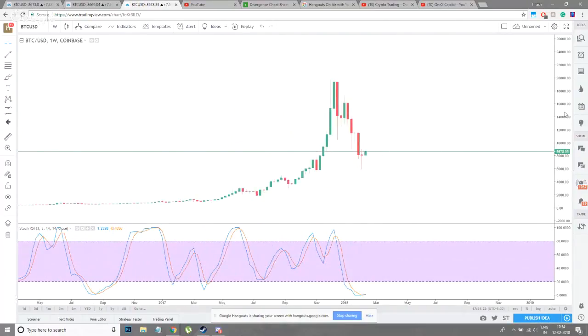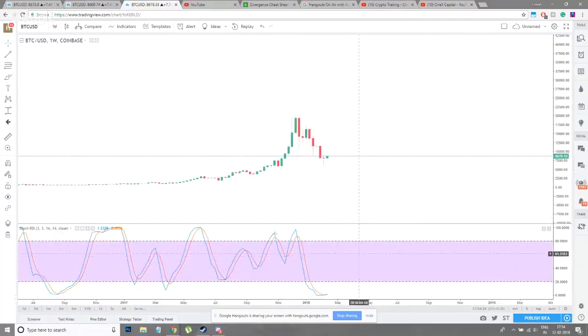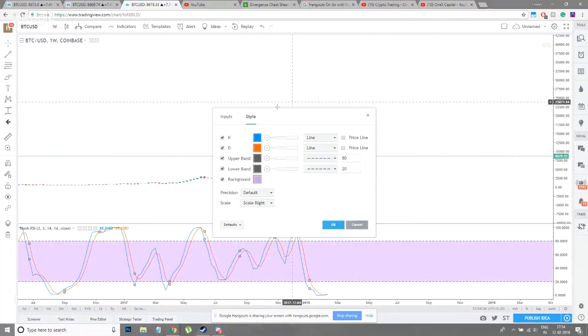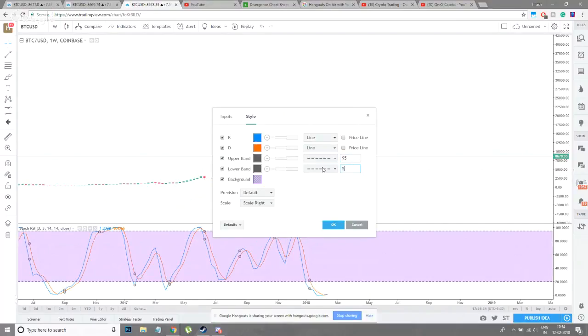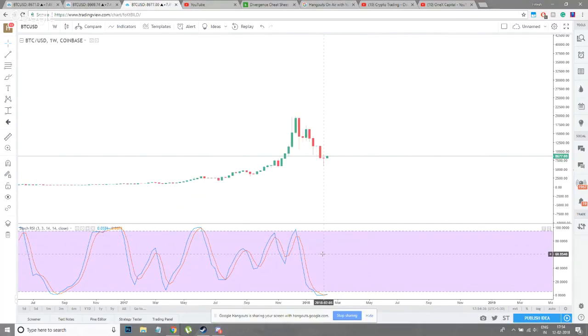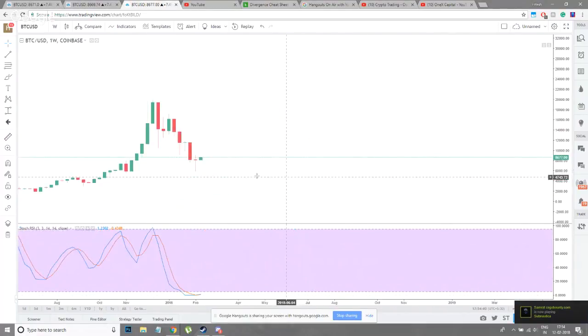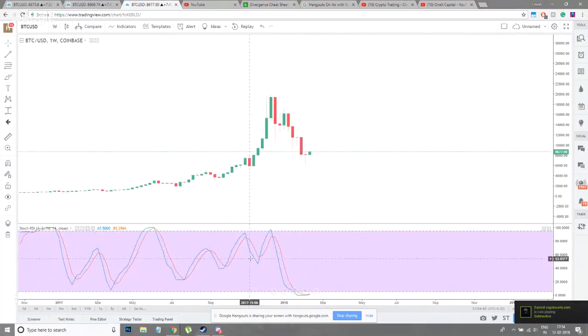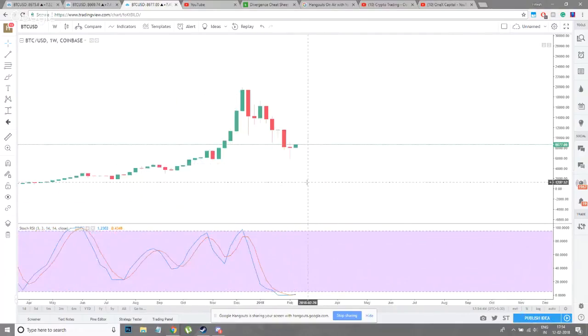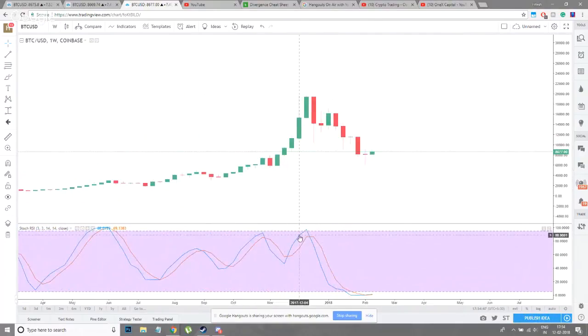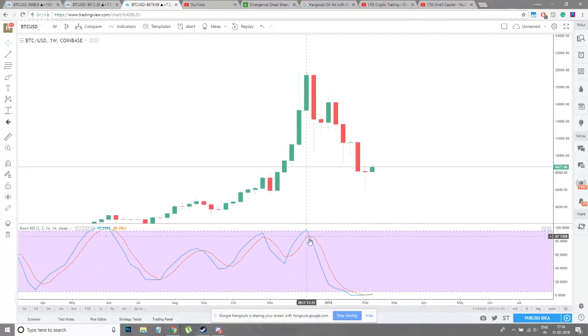But apart from that, why is the stock RSI more useful than the RSI itself, right? And also, I'll convert this to 95.5 because that's the setting I prefer. Only when it's above 95, I call it overbought. Otherwise, I call it oversold, right? So here the blue is the faster moving average, and the red is the slower moving average. Whenever the blue crosses over the red,